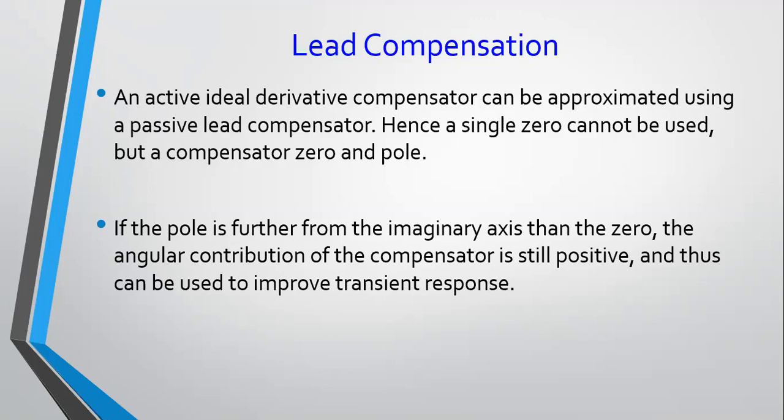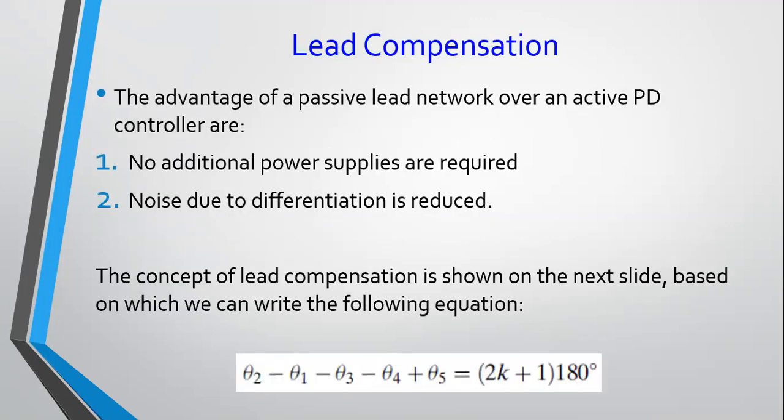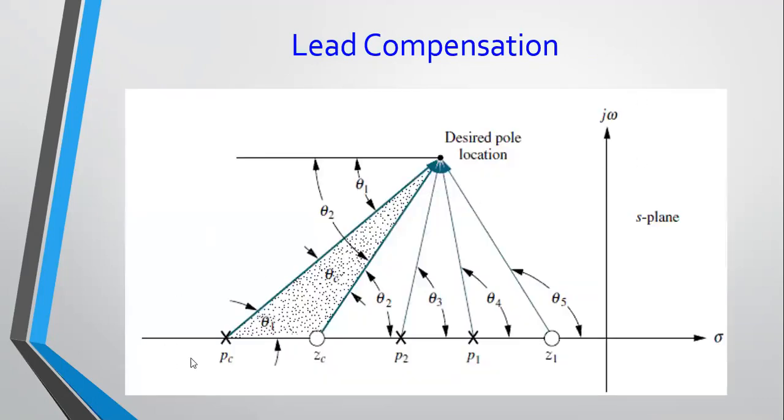So let's see how this works now. In this case, we won't be just adding a 0 here, we'll be adding a 0 and a pole. So these are advantages that we've seen. Basically, if you forget about this pole, which we are going to add in lead compensation, what you've just seen is, if you add this 0 in your system, which we did for the PD controller, your angle contribution here, written as θ2, is simply allowing this desired operating point to pass the